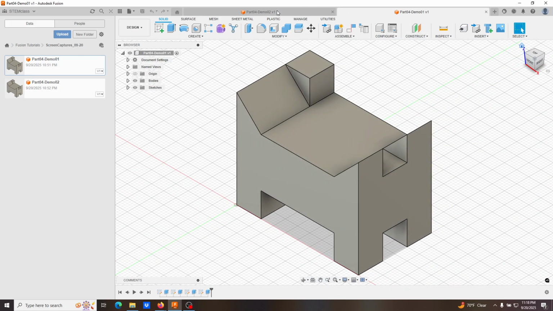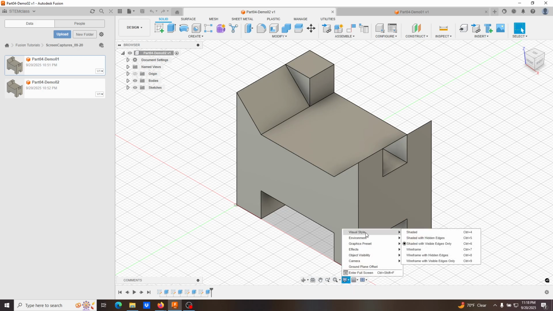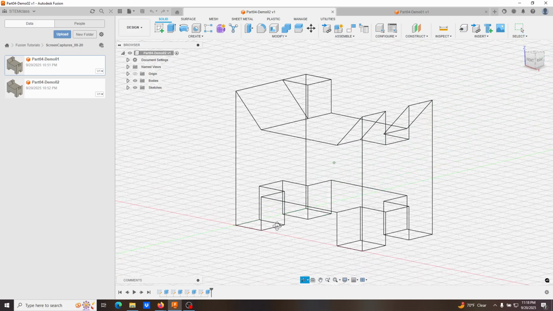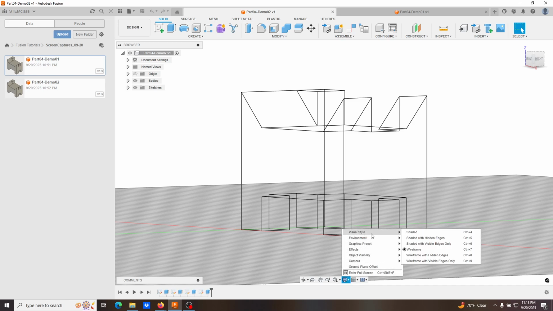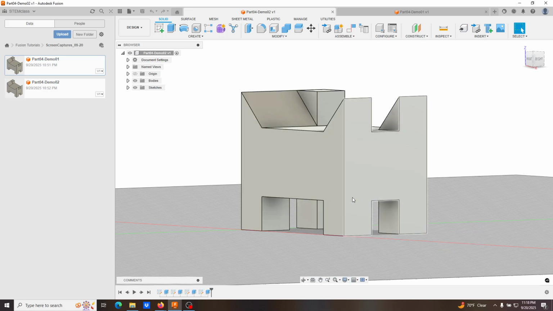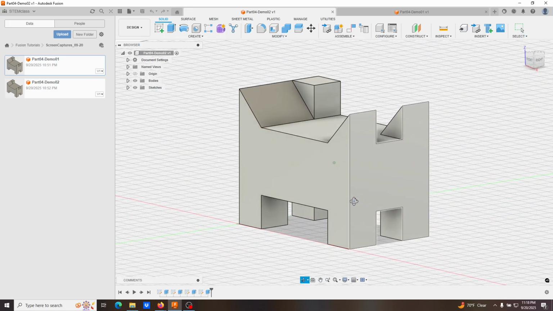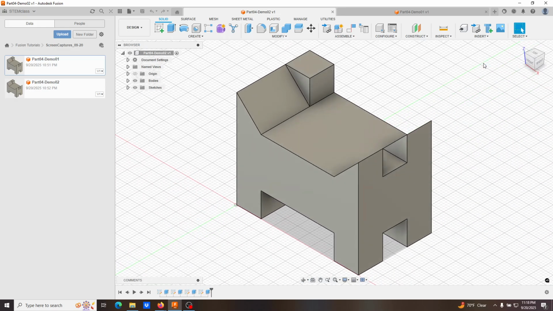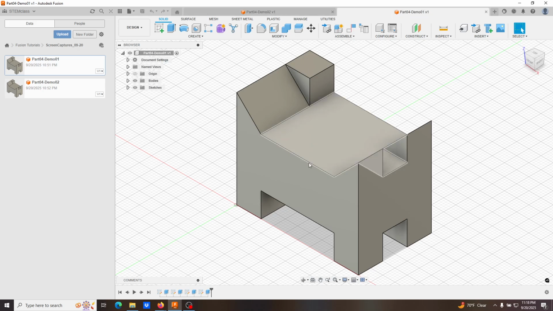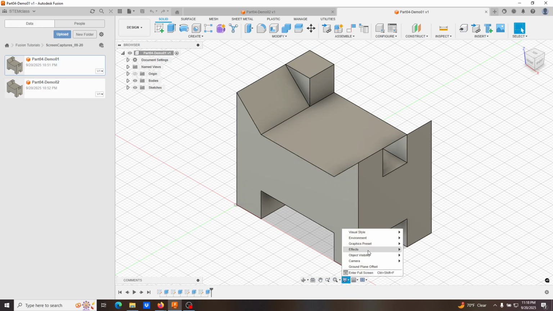So now if I go to my second version here, and I switch to that, and I go ahead and change my display settings, my visual style here again, the wireframe, you'll see that there's a little gap right here. And so, one of the things that we want to think about when drawings, now this isn't going to be a discussion on drafting practices, I can do that, and maybe I will do that as well. But one of the things that I find interesting about it is that if you look at both of these parts from their default view, unless you saw the hidden edges, you wouldn't be able to see the gap that's